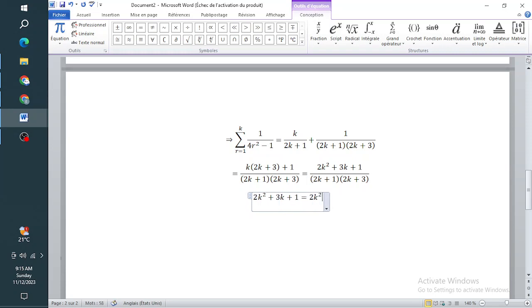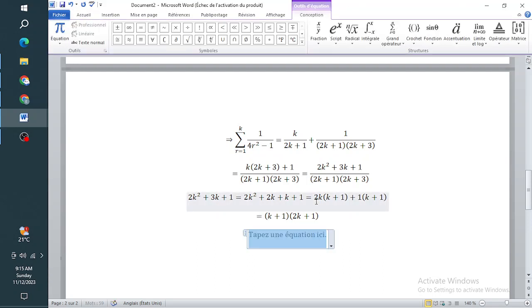So our 2k squared plus 3k is now 2k squared plus 2k plus k, then plus 1. From the first 2 terms I factorize 2k, I have k plus 1. From the next 2 terms you just write it in this form, and then you can factorize k plus 1 from the 2 terms and you have 2k plus 1 left. So it therefore means that